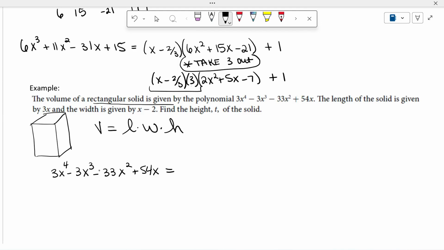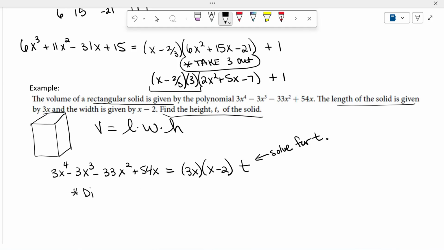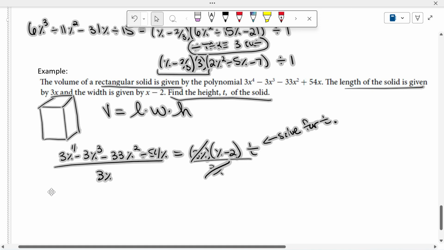That's the volume. They're telling us that the length is 3x, the width is x minus 2, and the height, they want us to solve for t. So first things first, I'm going to take this polynomial. I'm going to divide by 3x. And then I'll divide by x minus 2. Actually, you know what? Dividing by 3x is going to be kind of easy here. Each one of those is divisible by 3x. So that actually is going to kindly make this